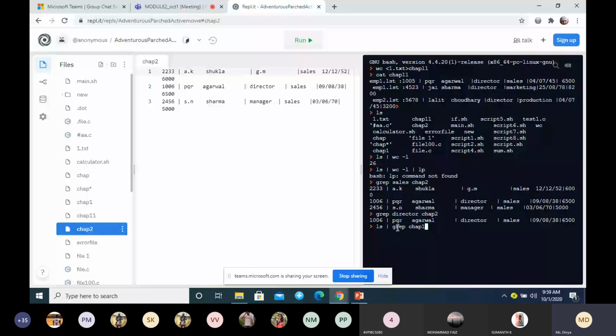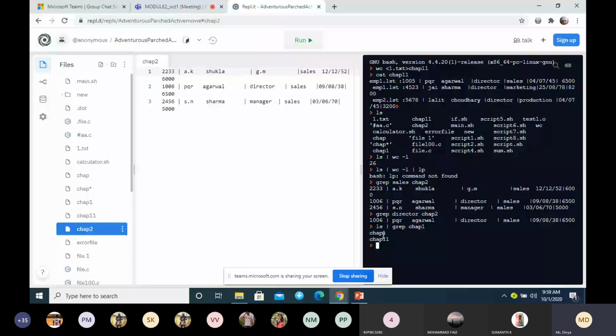Now grep will search for the pattern chap1 in this list of files. You can see I have two words that start with chap1, so two lines will be displayed, this one and this one, with the pattern chap1.